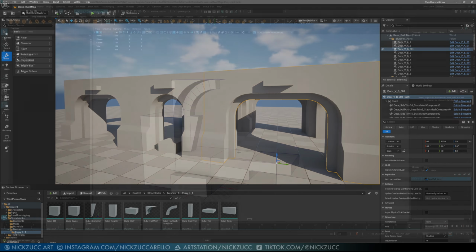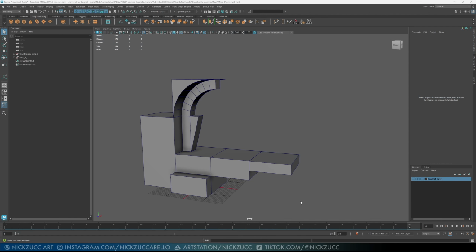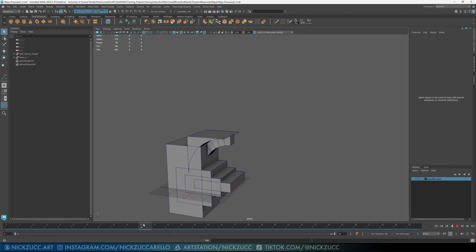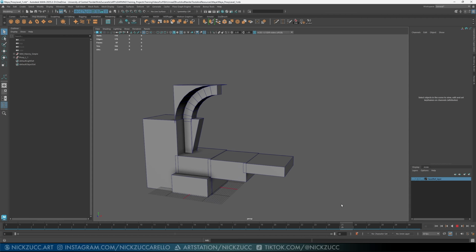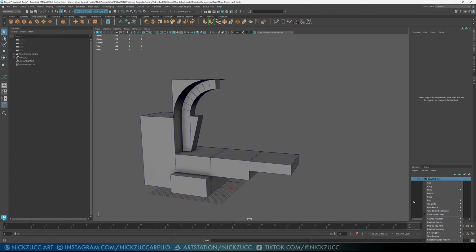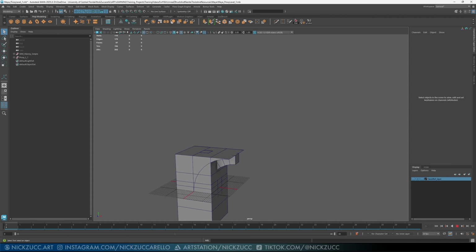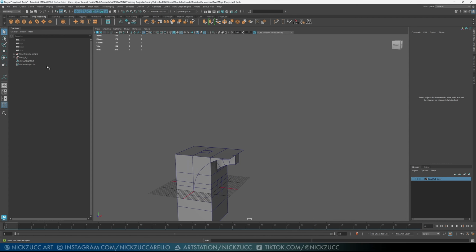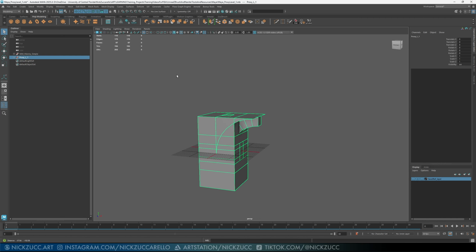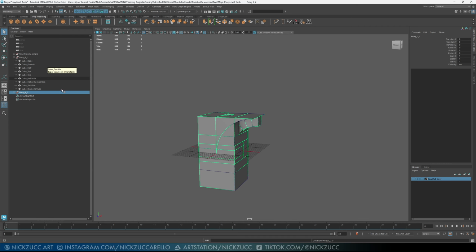So in order to do that, let's hop on over to Maya. If you remember from the scene that we were looking at before, we set up this little animation on the timeline here, just so we could get everything to go from the center and then move out like that. Okay, so I'm going to put this down to 0 right here. I'm going to select the entire group that we had. We can click this little plus button to open that up if we want, and I'm just going to hit Control D. That's going to duplicate our work that we've got, and I'm going to call this Proxy